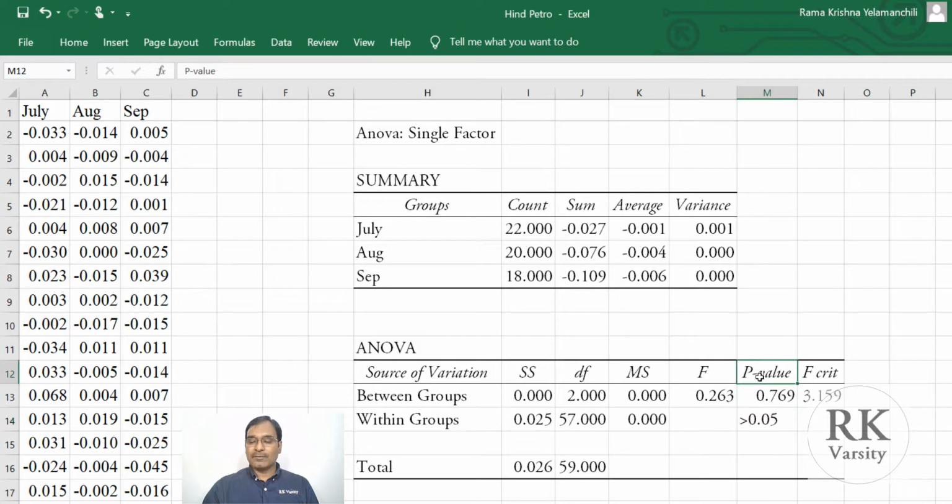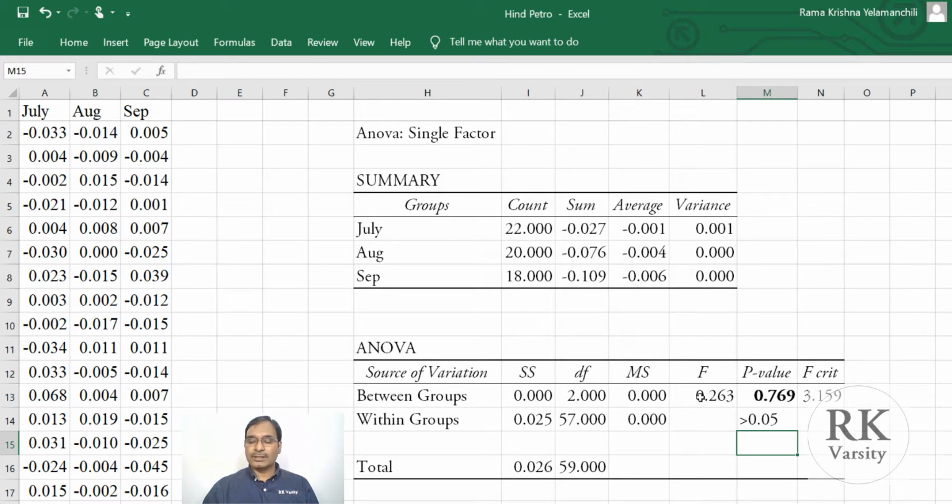If your p-value is less than 0.05, then we reject the null hypothesis and say that the mean returns for July, August and September are different. But now here your p-value is 0.769, so we accept the null hypothesis and say that the mean returns for the months of July, August, September are same.